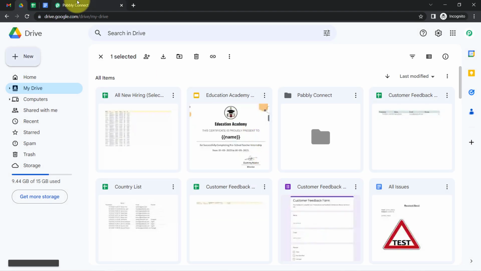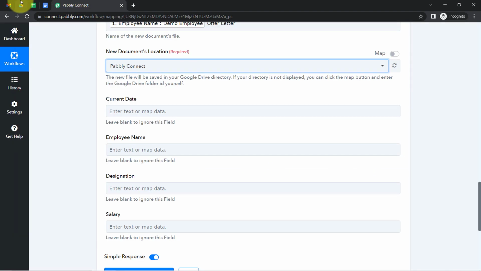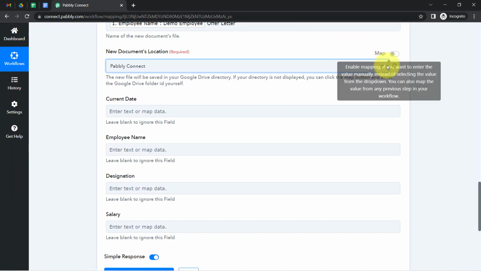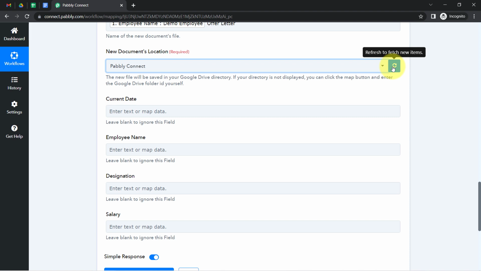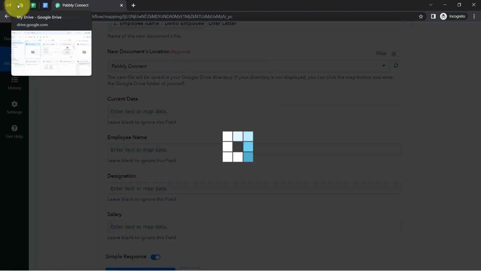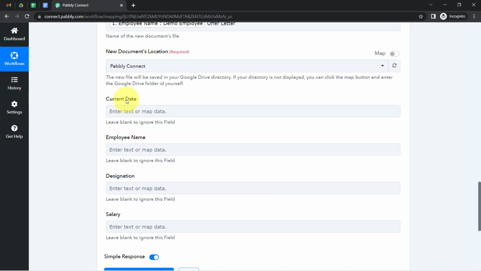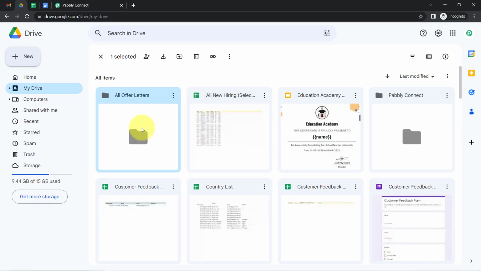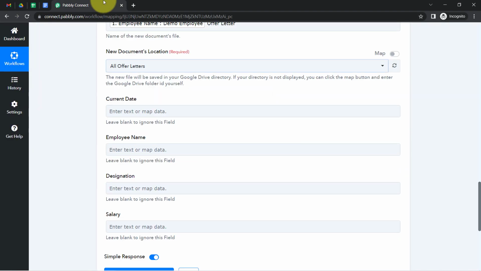Clicking on create, coming back to Pabbly Connect, and since our drive, our Google Docs, our Gmail account is connected with Pabbly Connect, as soon as I click on this refresh to fetch new items, you will see that the recent data will be available here in the drop down, and here you can notice all offer letters. The same folder name is visible here, which I have defined as the document's location,